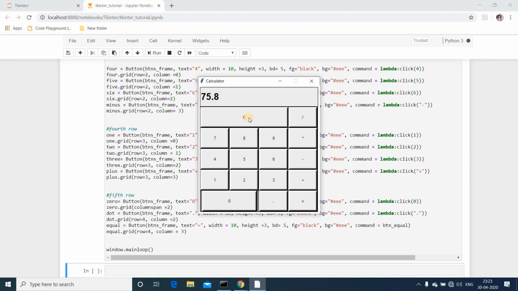Now I'll click on the clear button. This will clear the text area, or the input text. I'll just click on this. Yeah, the text area has been cleared. This is the calculator that we have built in today's session. I hope the session was pretty good. In the next video, I'll be teaching how to convert the calculator that we have built today into an .exe file so that we can use it as our desktop application.